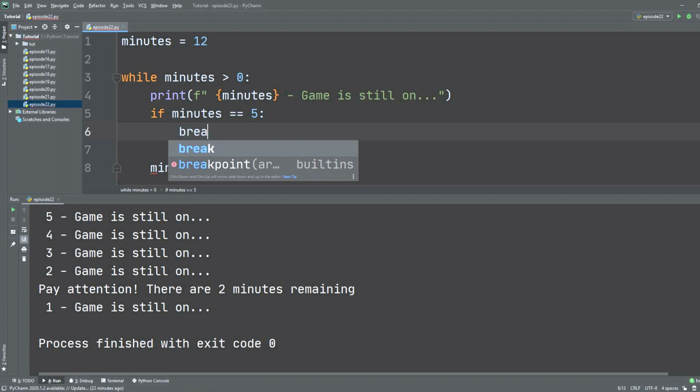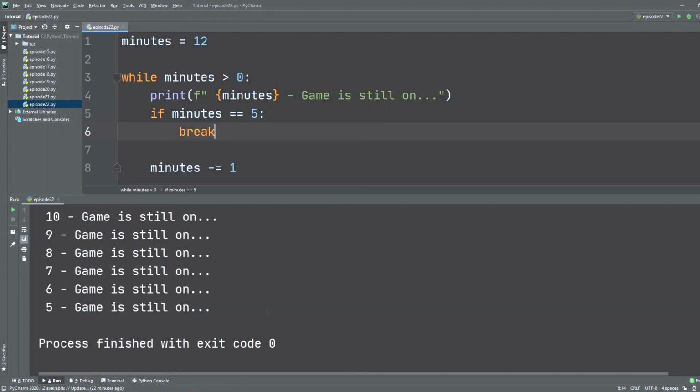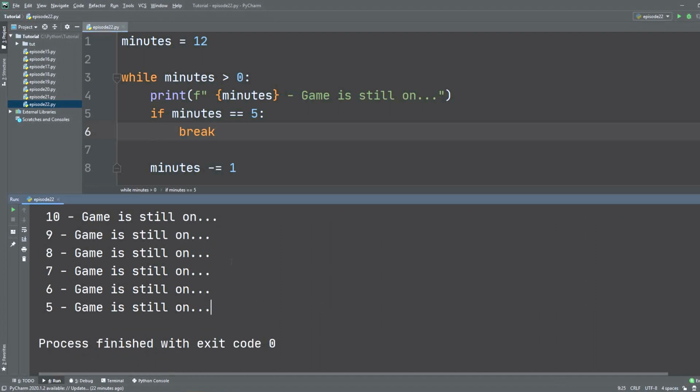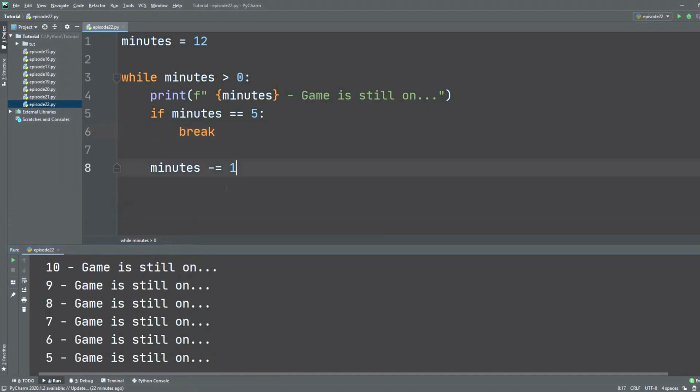So we can hit here the break keyword, and as you see, all the game is still on sentences are being executed, but when it reaches 5, then the program just stopped